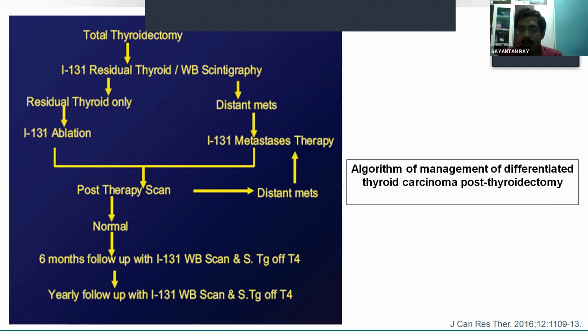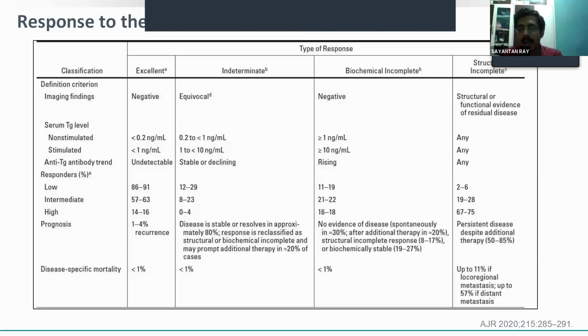For high-dose I-131 therapy, usually a fixed dose is favored. That is, 100 to 120 millicurie is administered orally in patients with lymph node metastasis. Patients with pulmonary metastasis are treated with 150 millicurie, and those with skeletal metastasis are administered 200 millicurie as a one-time dose. Now, after the